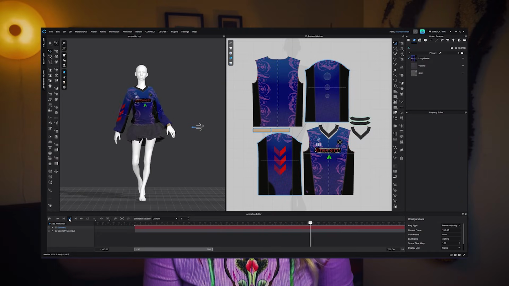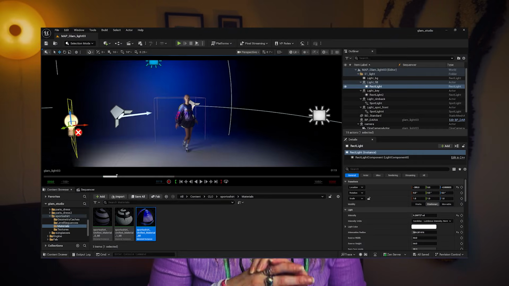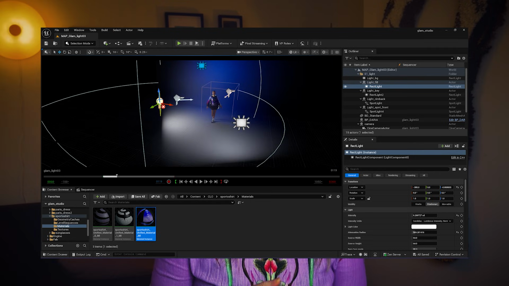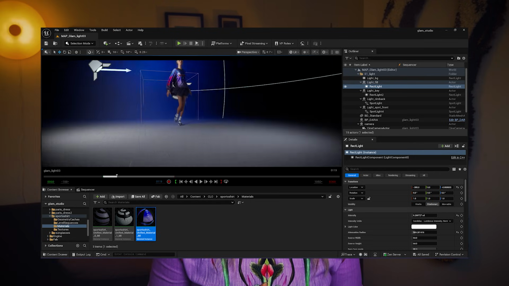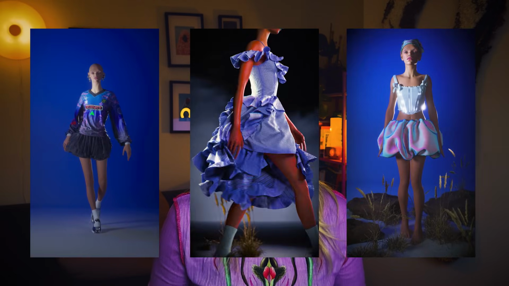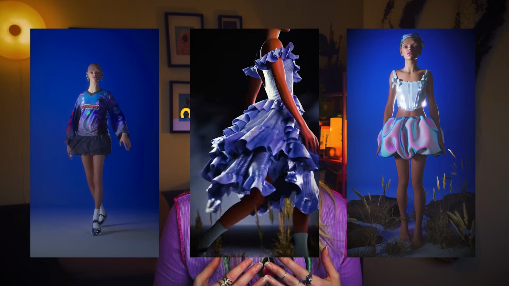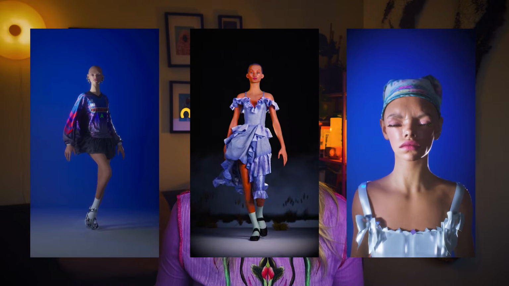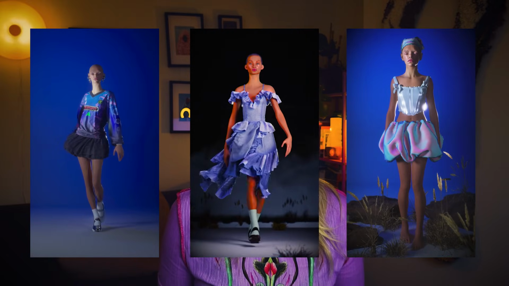Have you ever tried to move your garments from CLO3D to Unreal Engine and felt absolutely overwhelmed by setting up the scene, all the plugins and endless settings? You are not alone. I still got stuck there by starting every project from scratch, and therefore I want to show you today my workflow and how I'm setting up a template which I use now for every project as